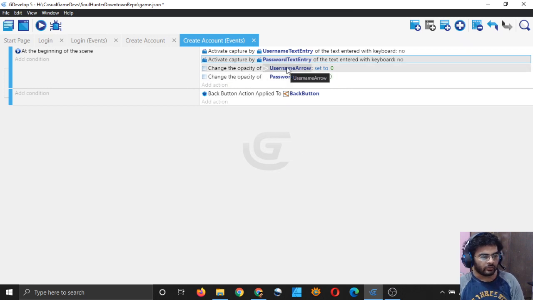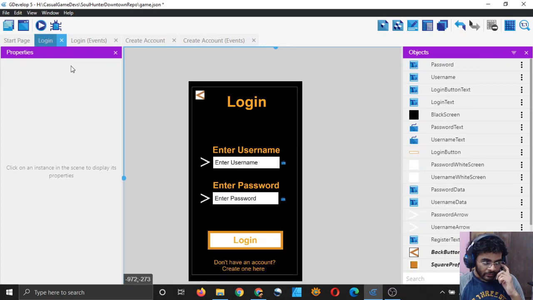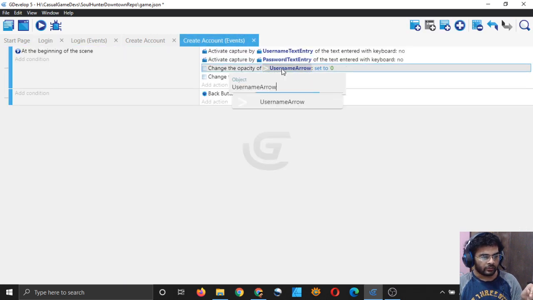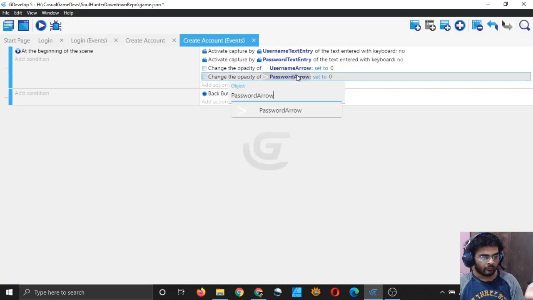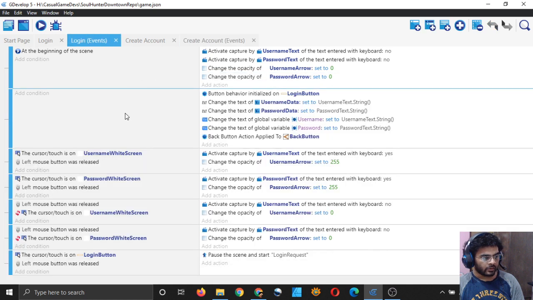Change the opacity of username arrow. Username arrow and password arrow are the same names as the names here, so we don't have to change anything. These two exist in our scene. Yeah, so that's good. Let's copy some other things.